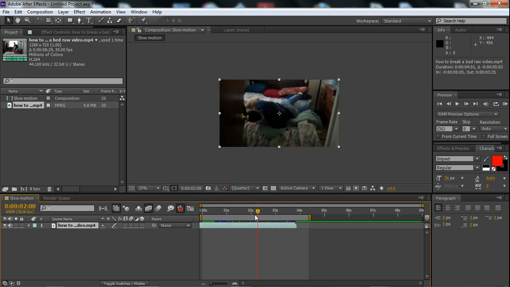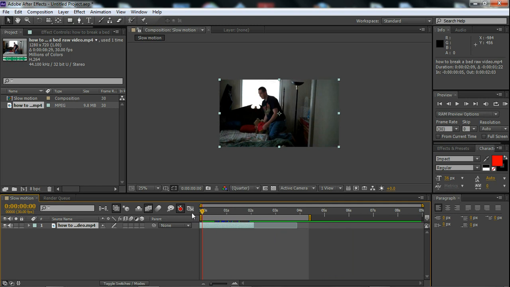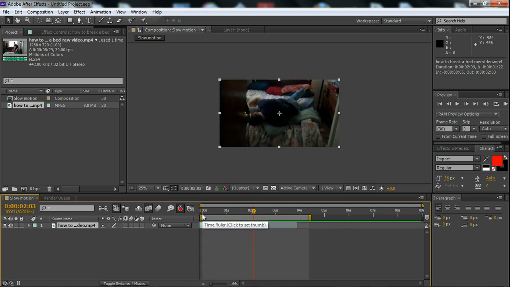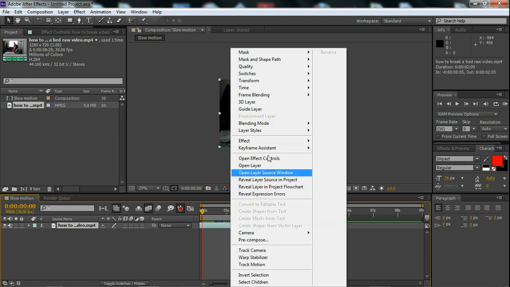I cut it to right about here. Hold shift so I can snap it right where that is. Okay, so let me just press O to go to the end of the clip and press N to set the workspace. Okay, so what I'm going to do is right click and go to